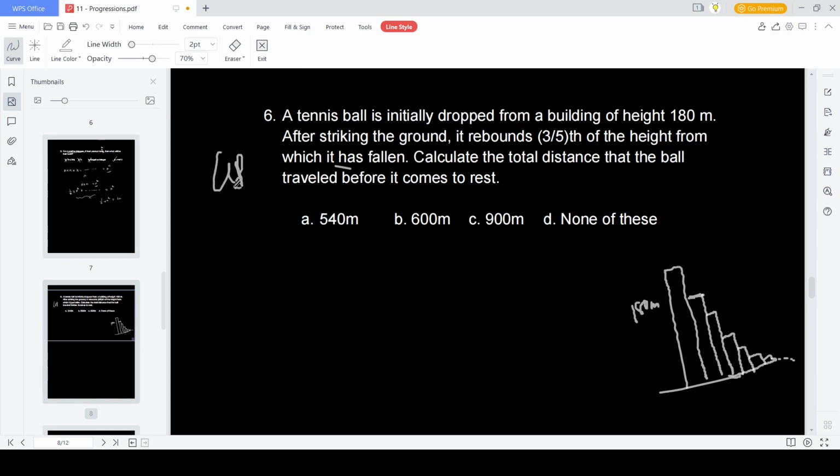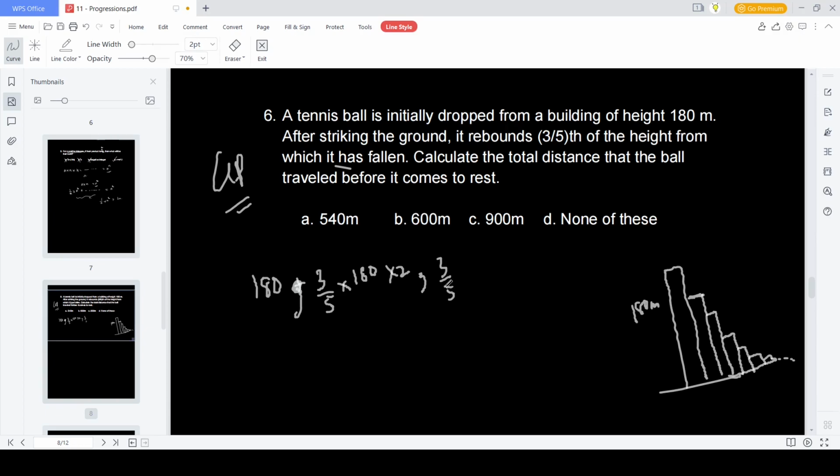I'll tell you why. First, the distance it traveled is 180 meter in the beginning, because it dropped the whole distance. Then it rebounded to 3/5 of the height, so next is 3/5 of 180. And this will happen like it will go up and come down again and hit the ground. So that will happen twice. Then next will be